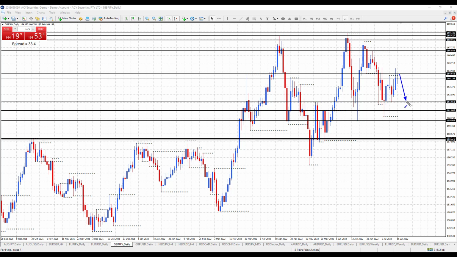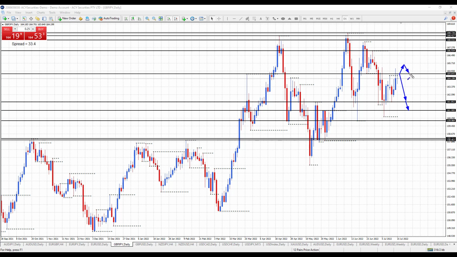So I haven't adjusted my lines. I know there's a few more little support levels formed, but I'm using the ones that are a little bit older. So 161.85 support, 161.100 support. Those two levels have been offering support still last week. So first of all, do we hold at 164.64 again as resistance, and simply move down? We stay range bound. Or at the start of the week, if we do start to move above 164.64,